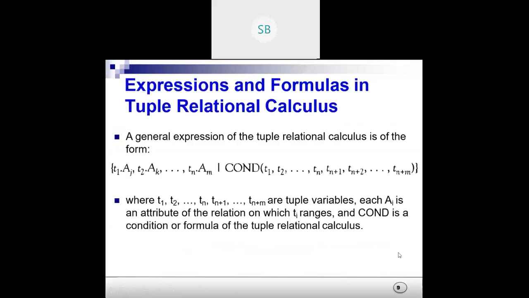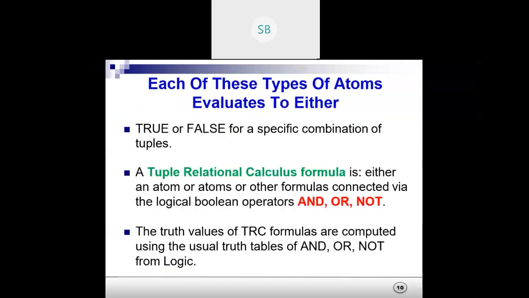So these are the formulas I have just already discussed, so I'll not go through them again. Each of these types of atoms evaluates to either true or false, like I told you, for a specific combination of tuples.